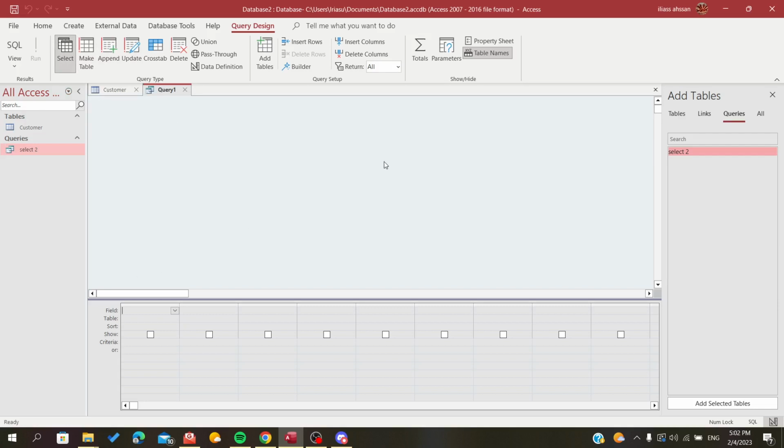So now we are going to add our table. Here in the Add Tables pane, we are going to click on Tables and double click on Customer, or you can just click one time and click on Add Selected Tables. So let's just double click on it. And here I'm going to double click on the asterisk